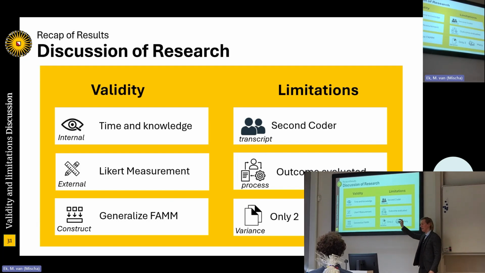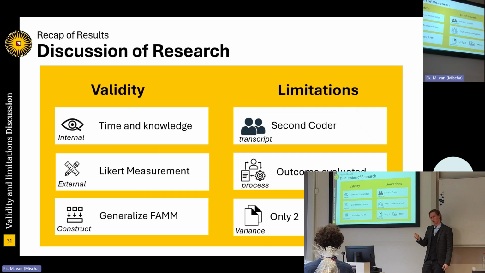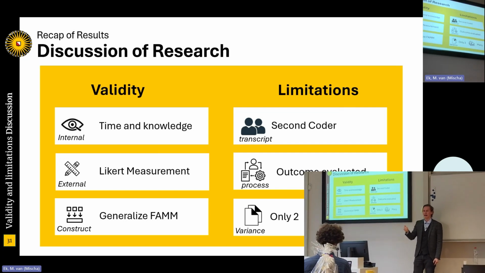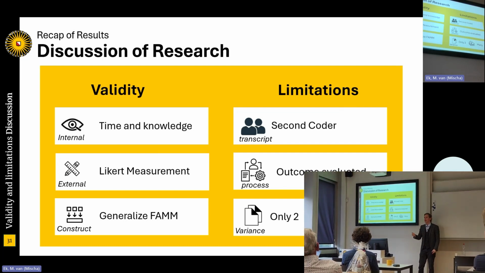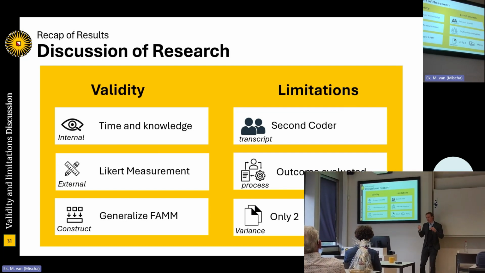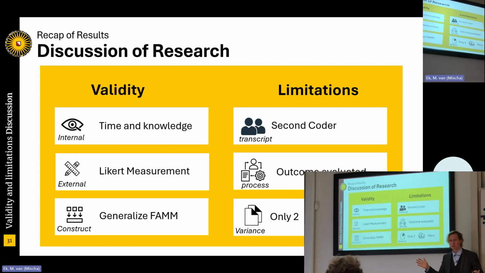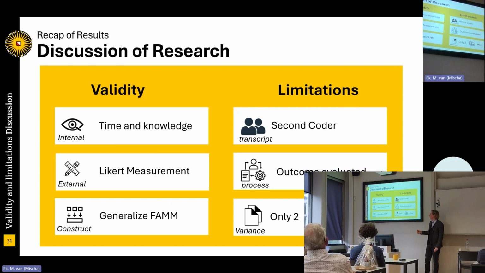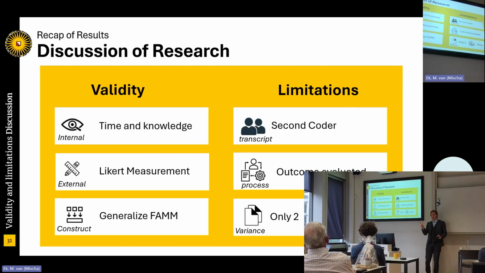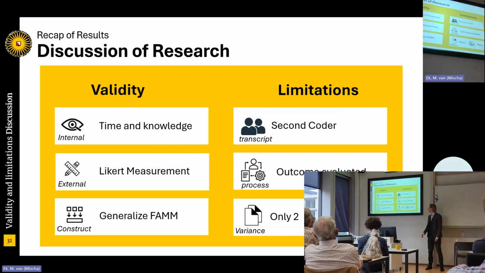So I addressed the validity of my research. For the validity, it was quite short evaluations, and not everybody had domain knowledge about the maturity model. It was not always clear, as we do want someone who really understands the underlying principles behind the maturity model. Also, the likelihood measurement is not always used, and there is no clear standard, so I had to make at least one choice. And these are just two. Can I really generalize them across all? That's very difficult to say.